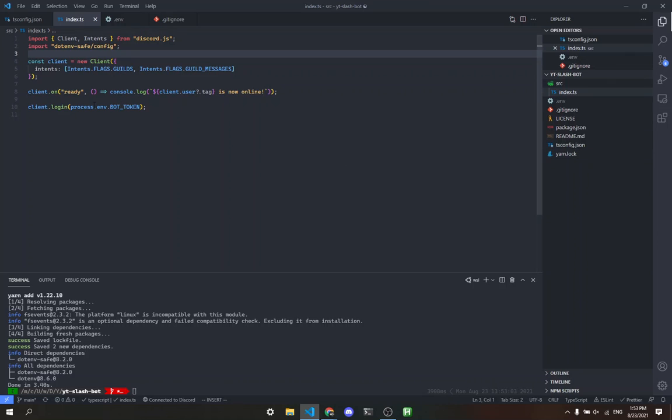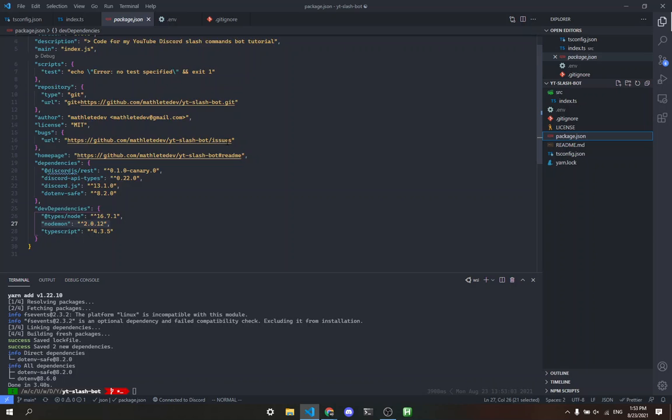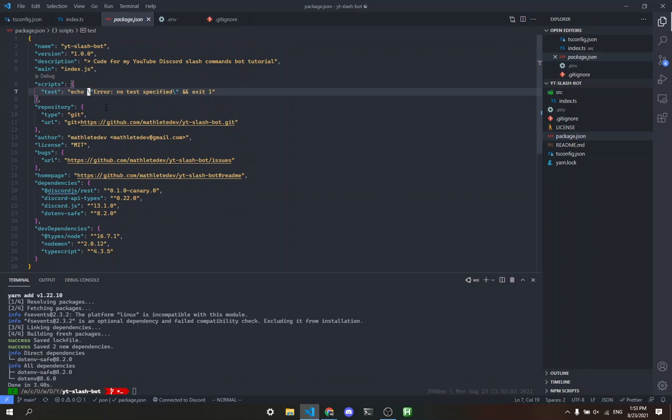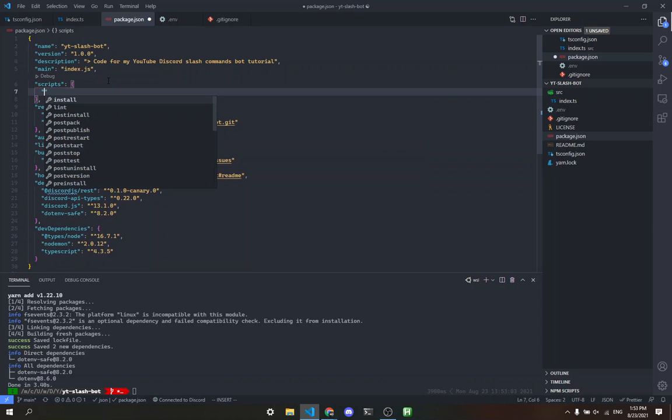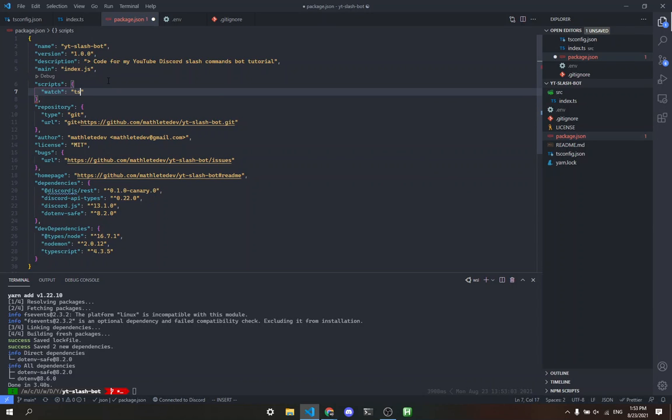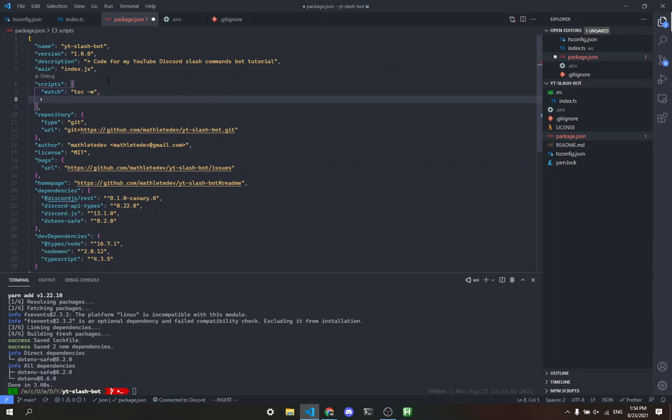In order to run it though, I actually have this cool thing with Typescript. So if you go back to package.json, you'll see the scripts place, and this is basically what you can write for scripts. We're gonna create two scripts real quick. We're gonna have one called watch, and this script is gonna run tsc -w, and that just means compile the Typescript, but also watch for any changes. So recompile it if there's any changes to the file. And then we're gonna have another one called dev. And dev is basically just going to run nodemon, which is sort of like the TypeScript watch, but it watches for JavaScript files. So we're going to have this